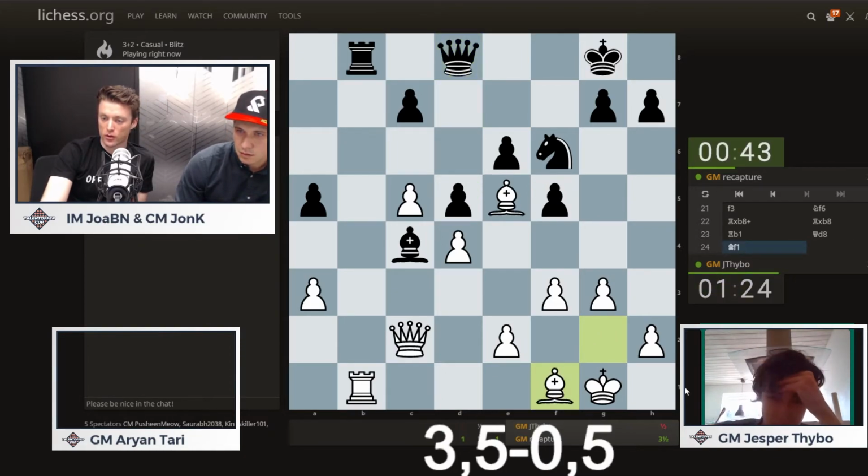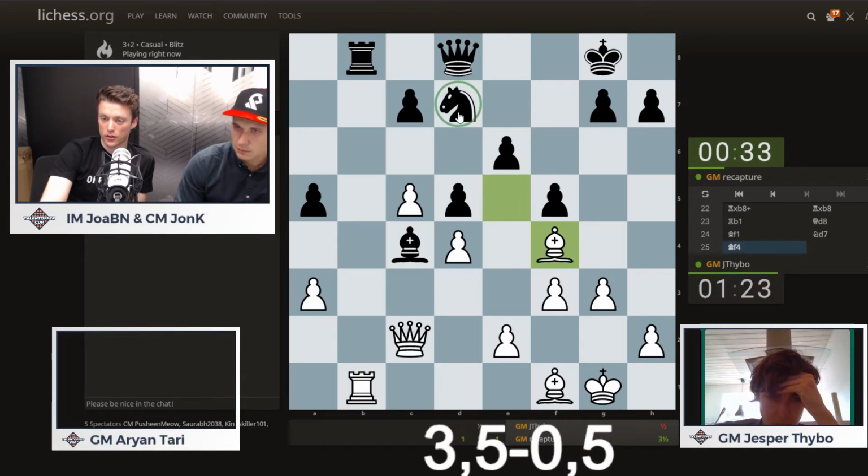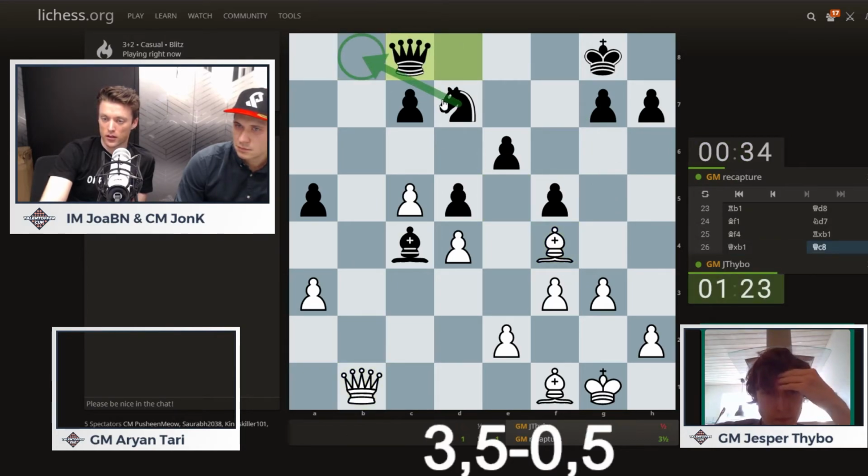Okay, so bishop F1. Nice. Yeah, so he wants to trade that bishop off for the bishop on C4, I suppose. He might, yeah, and exploit this bishop. I guess this is black's best minor piece now. Trying to improve the knight. Maybe G5. Doesn't look... Okay, so he takes and then maybe... Okay, maybe this is the plan. Queen C8. Just to cover the B7 square and then just...